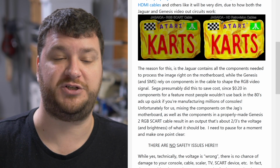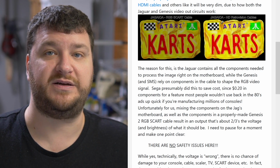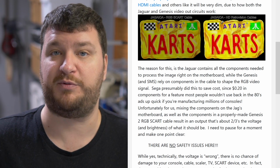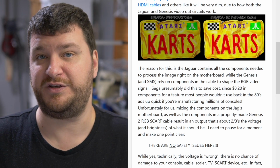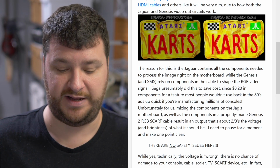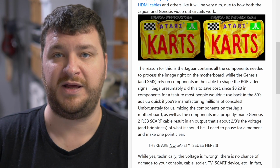However, if you're using an RGB SCART cable, it's going to be much dimmer. And the reason for this is because the Atari Jaguar outputs the RGB lines at the proper voltage, whereas all Genesis consoles output RGBS at the wrong voltage, presumably to save money. So my guess from this was that Sega said, let's take the components from the RGB circuit off of the motherboard and save